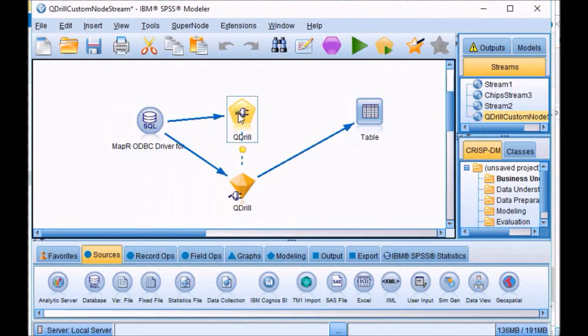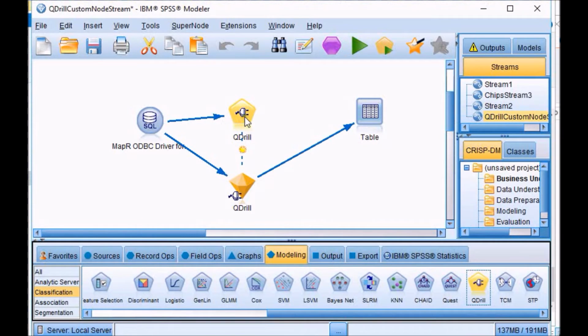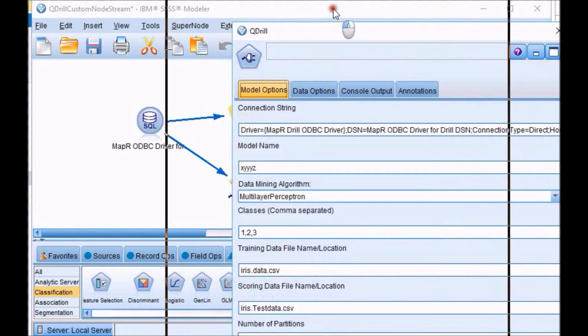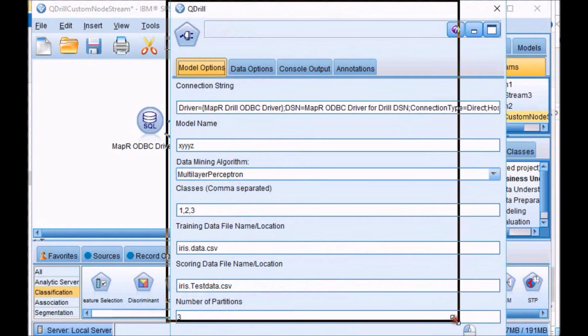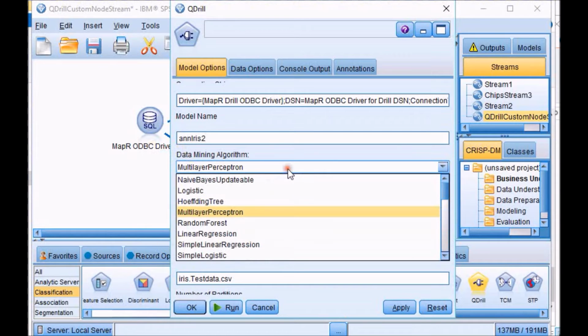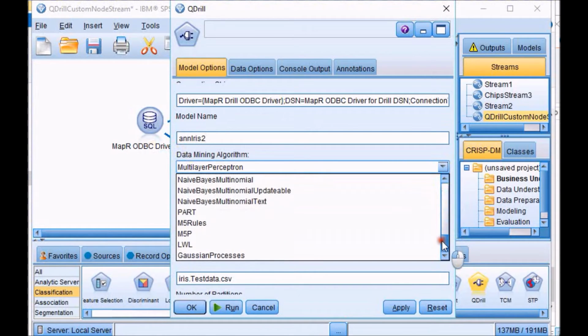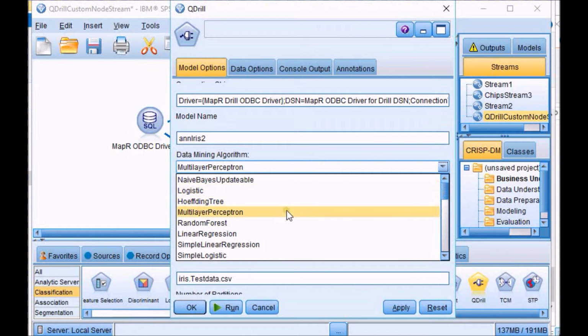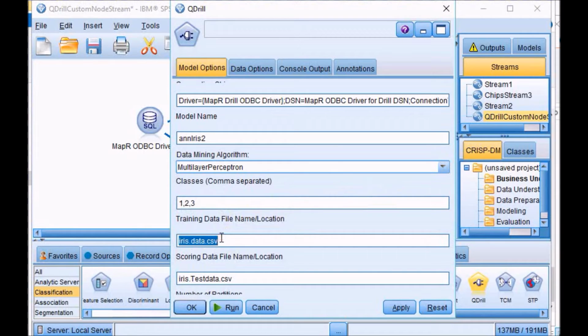And then you put the QDrill node, you just drag and drop it from here, and if you double click on it, then you can set up the configuration. It comes with a default configuration that you can use. This is the model name, so I'm going to just name it Iris. This is the second model, and here you have the list of all the supported algorithms. We're just going to repeat the same thing we did before using the command line. So I'm going to use the multilayer perceptron here. Then I'm going to use the iris data. This is the training data set, and this is the scoring data set, and these are the names of the classes I have. Since we have 3 flowers, we have class 1, 2 and 3,